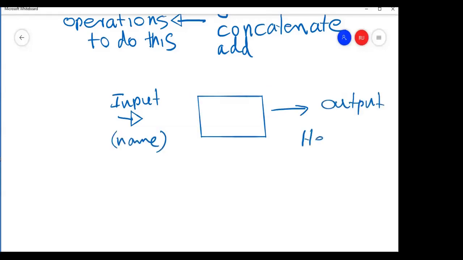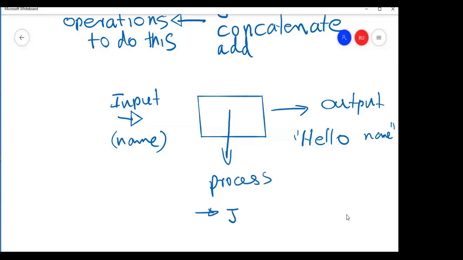The output is hello and the name. Here, in the process, we join two strings.